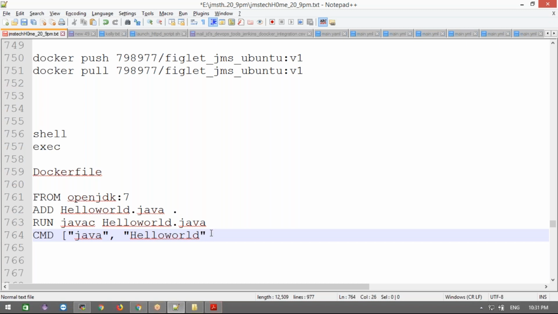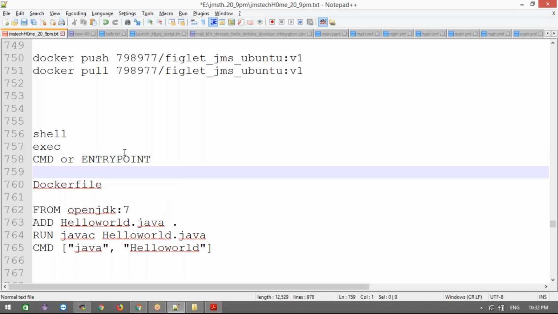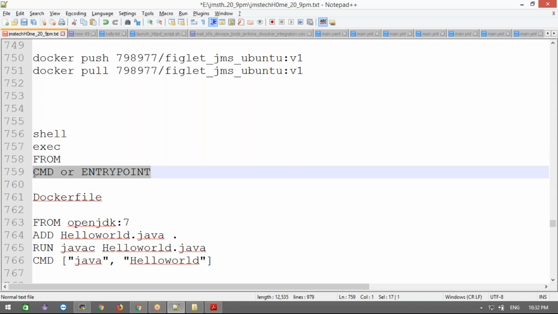Every Dockerfile, very importantly, at the start should have the FROM command, and at the end it must have CMD or ENTRYPOINT.